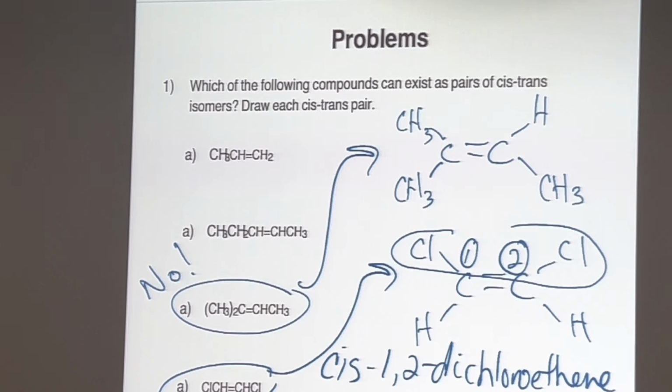Okay, now to draw the trans version, which I could have done first, but I just chose to draw the cis version, what would you do to the cis version? Flip one side. Don't flip both of them, because if you flip both of them, you're just turning this molecule upside down. And if you just turn this one upside down, it's still the same thing. You didn't break any bonds or make any bonds there, okay? So we just flip one side, and what we get if we flip one side,